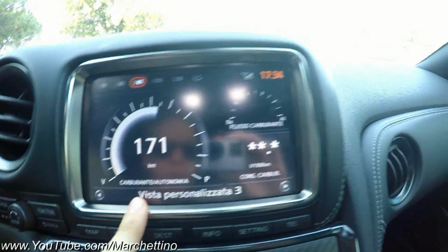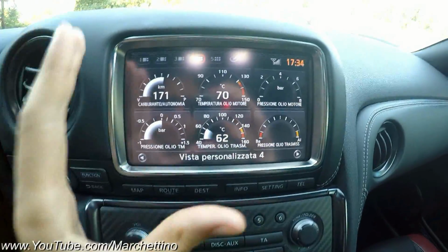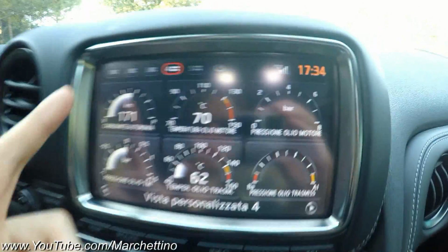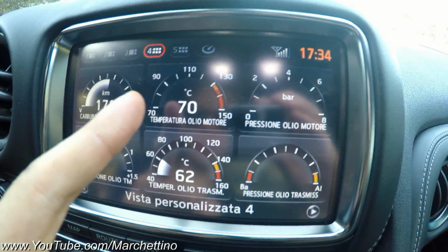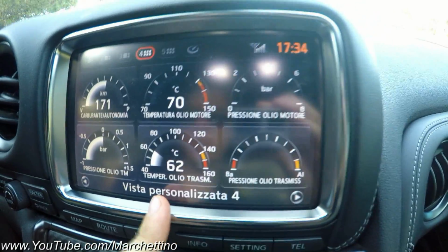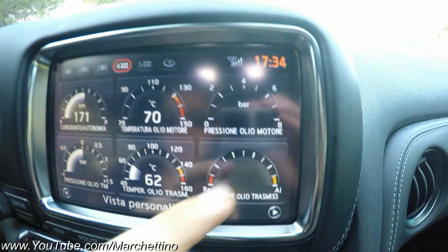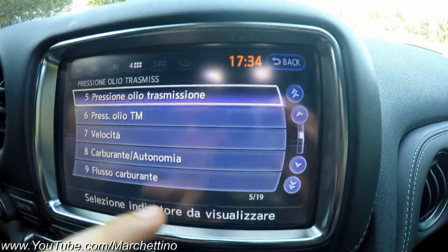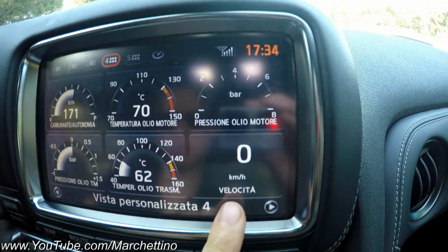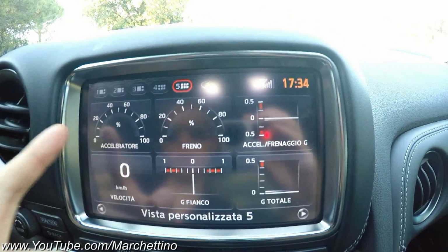And you got the fuel autonomy, the instant consumption. I keep this screen all the time. You see all my favorite functions like the autonomy, the temperature of the engine oil, the temperature of the oil of the transmission, the pressure of the oil, the pressure of the engine oil. You can even make your custom screen and put other features if you want, like the actual speed. So you just change it. Moving on, what do we have here? More throttle,